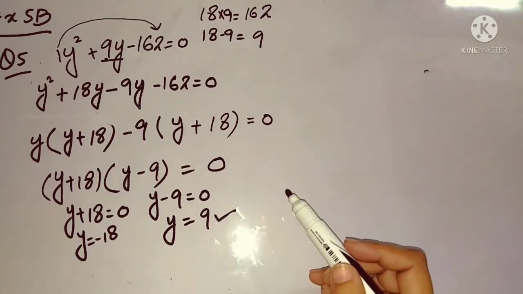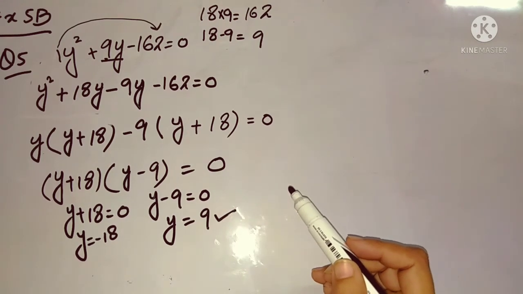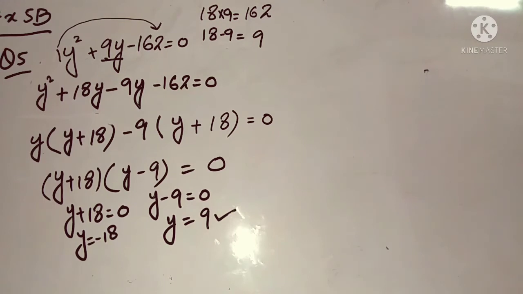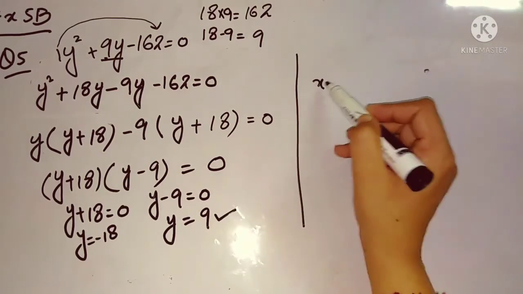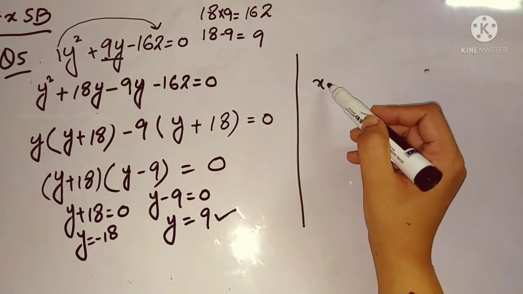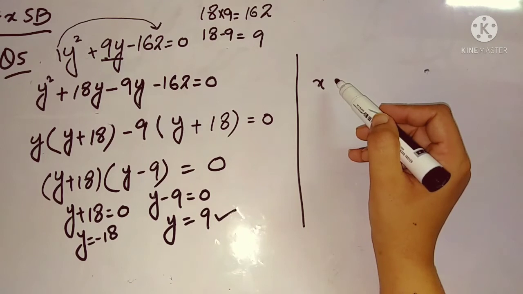So y is equal to minus 18. Students, we will not consider the negative value, we will just consider the positive value. So this 9 is subtracting over here. When it comes to this side, it will be added to 0 and you will get 9. As in the question, it was written to find the two numbers. So we have found the second number, which is y.